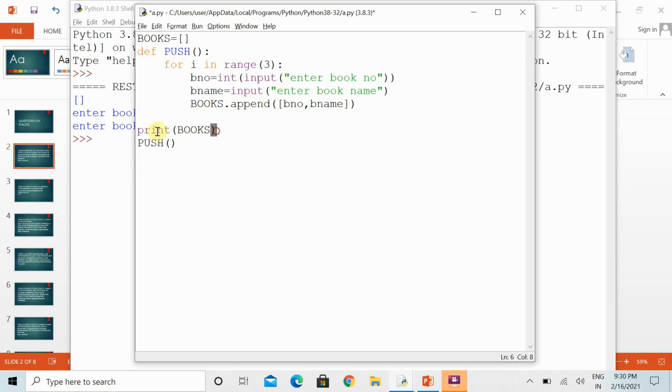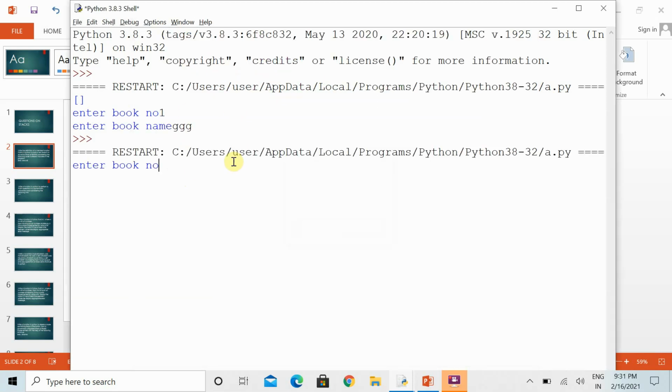Why has it shown the blank list? Because I have executed the stack before the function. In the starting the stack is empty, and we have to call this stack after calling the push function, so that whatever entry we make will be added into the stack also.